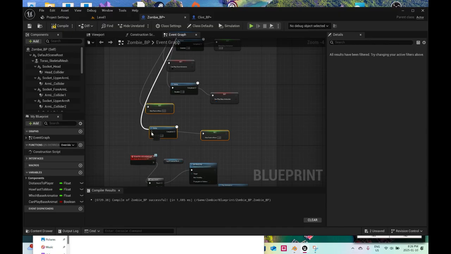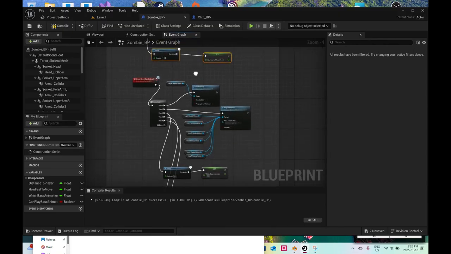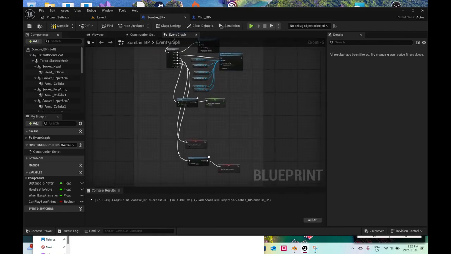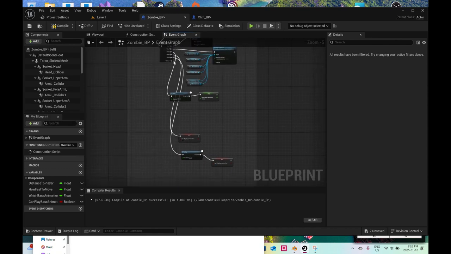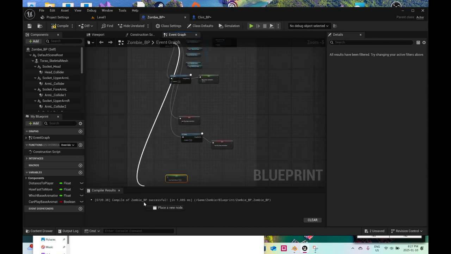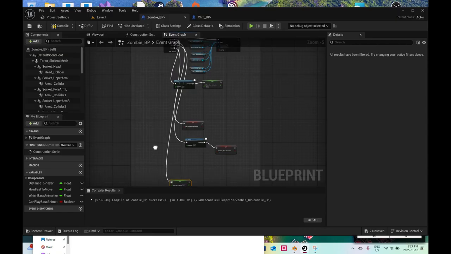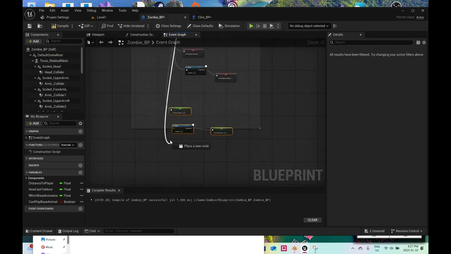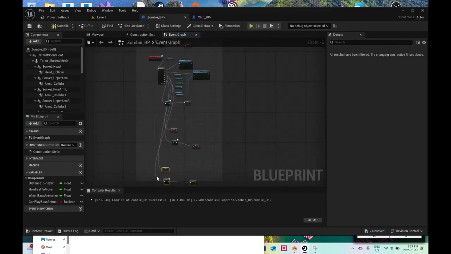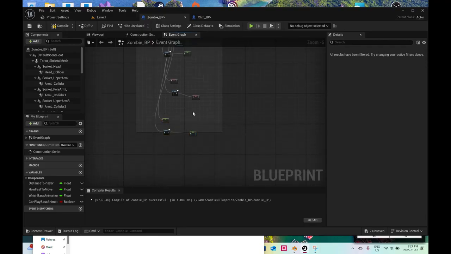It's going to stop for 1 second to play the animation and start moving forward again. The only difference is that